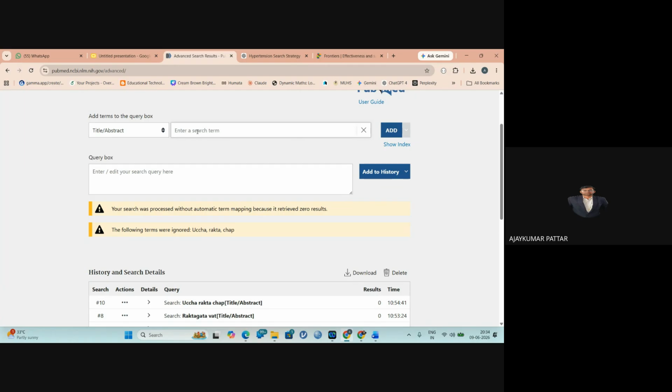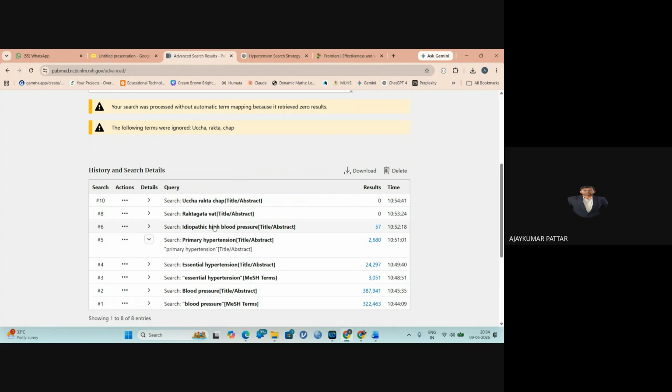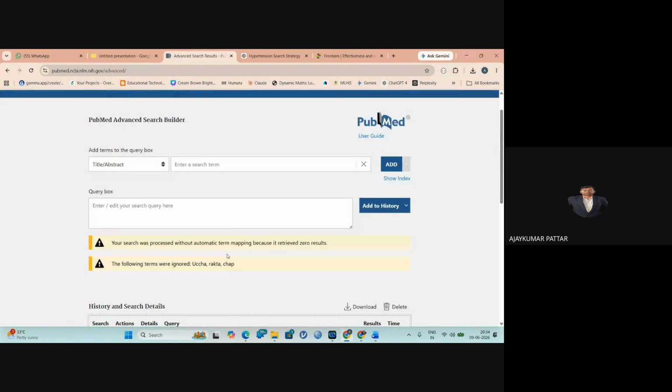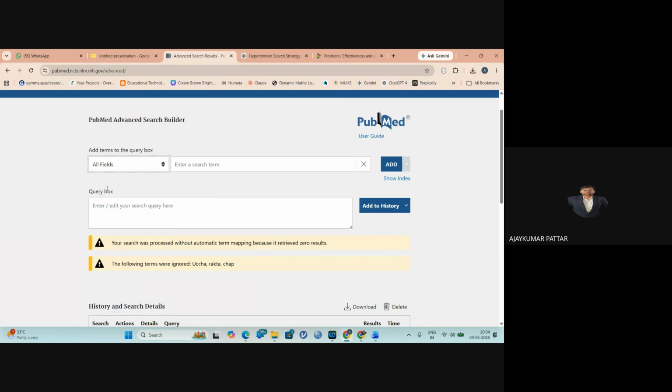For example, primary hypertension. See here, the inverted comma is automatically added, as primary hypertension is a single term. It is not treating primary and hypertension as different words. If you search the same thing in other fields, for example all fields, the primary hypertension,